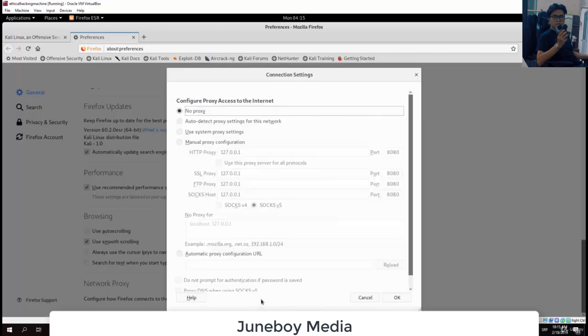So click here on the settings and it should open up this small window. By default it should be set on no proxy. What you want to do is change that to be set on the manual proxy configuration. Once you check that, I believe since you didn't configure it before, it should have only the first one, which is HTTP proxy, set on